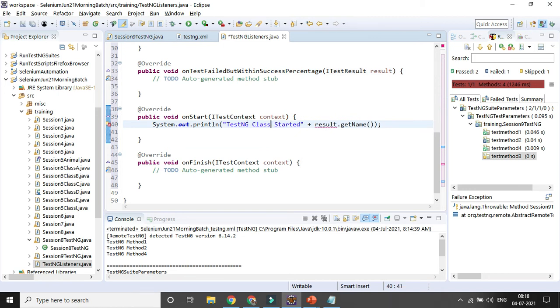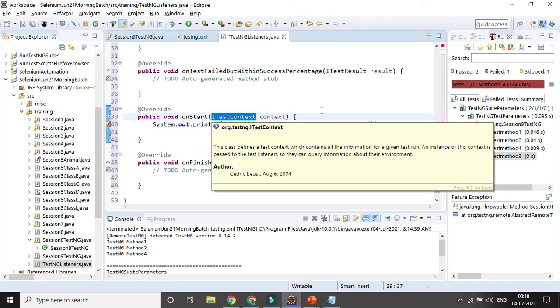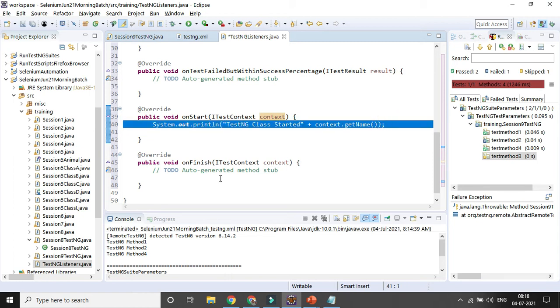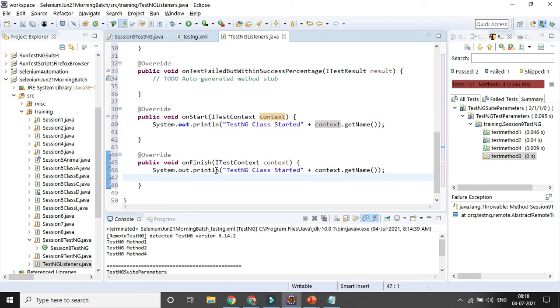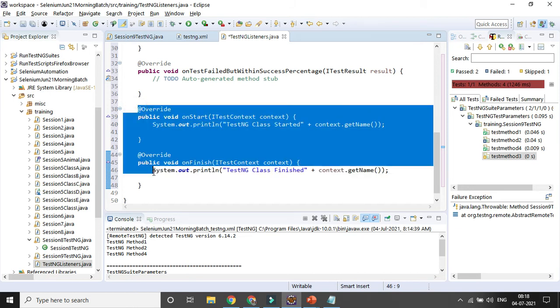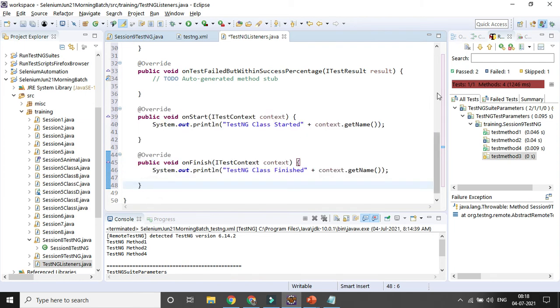It is a class level, so I need to use the context variable, context dot getName. Similarly for the other one, finish, it is also class level. For each and every class it will run one time. That is the reason for ITestContext. These two are class-level attributes, and the remaining ones are method-level attributes.